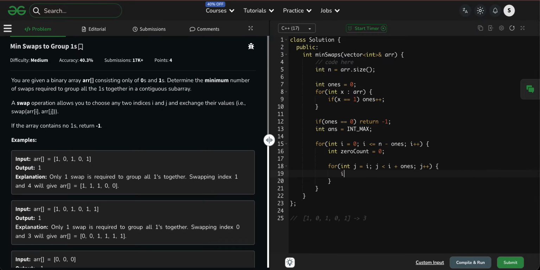Now if array of j is equal to 0, then zero count plus plus. Now answer is equal to min of answer and zero count. And then return answer. This is the brute force approach.